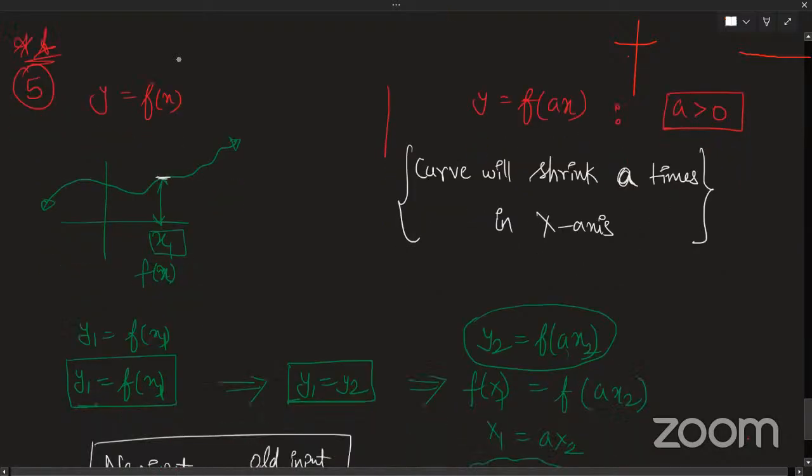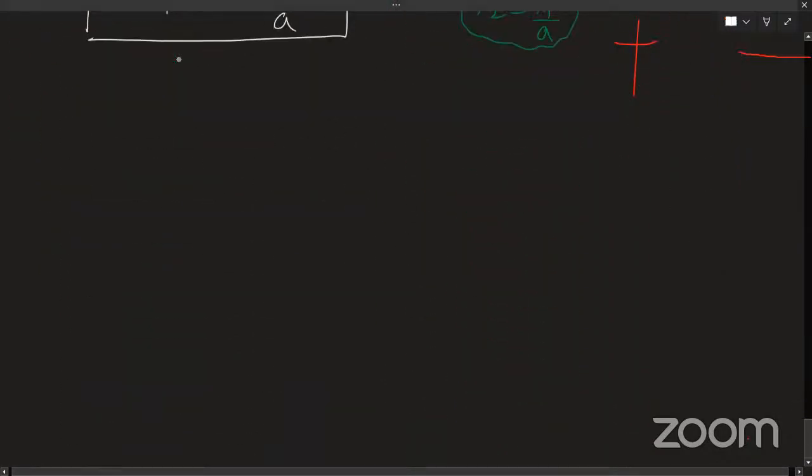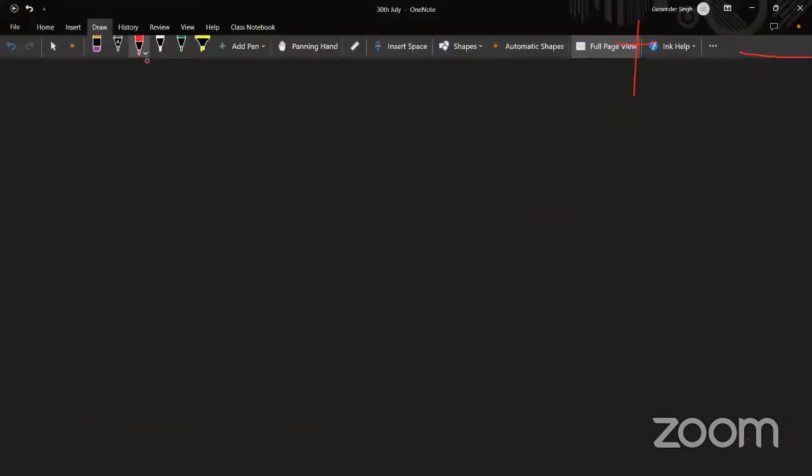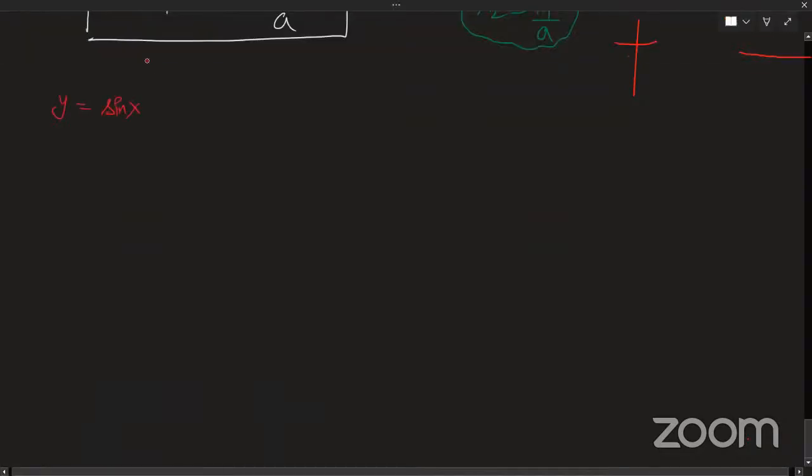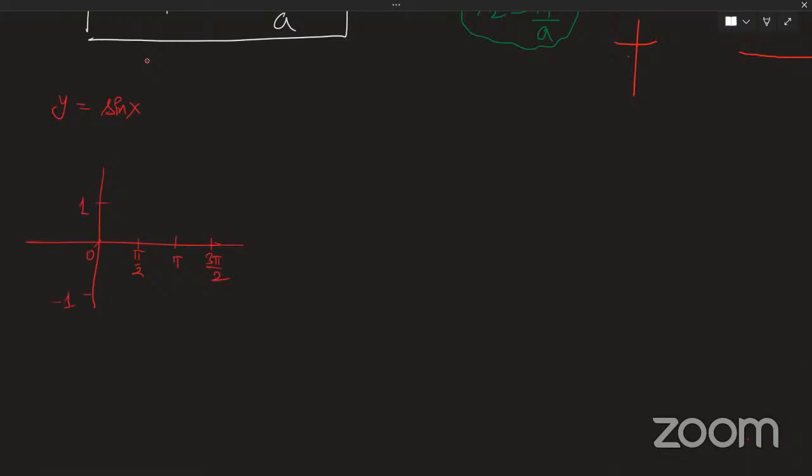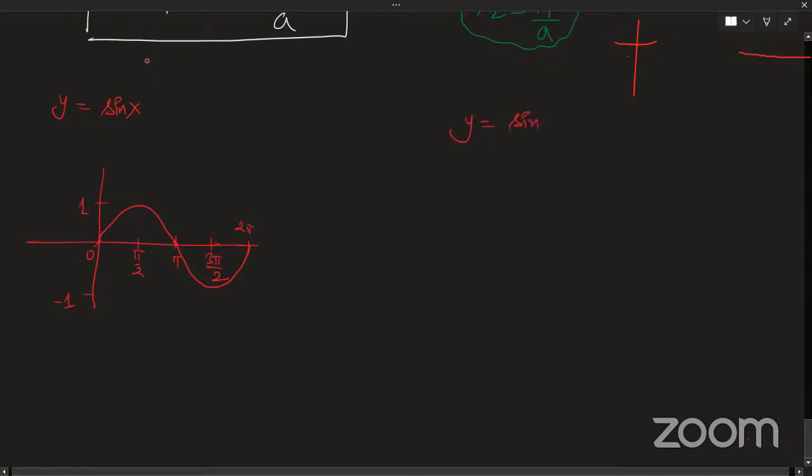Okay, I will give you an example here. I have my curve y is equal to sine x. So this is 0, this is pi by 2, this is pi, this is 3 pi by 2, this is 1, this is minus 1. So it grows from here to here, comes back again here, goes back again here and here. This is 2 pi. Okay, now I am asking you to plot the curve of y is equal to sine